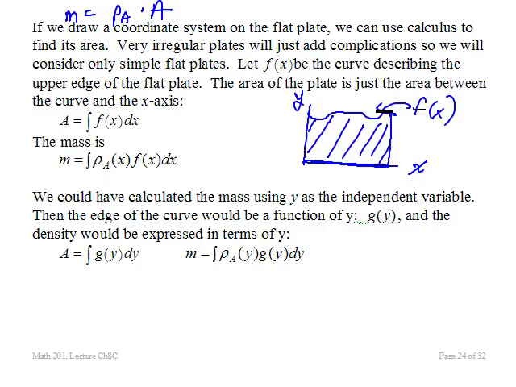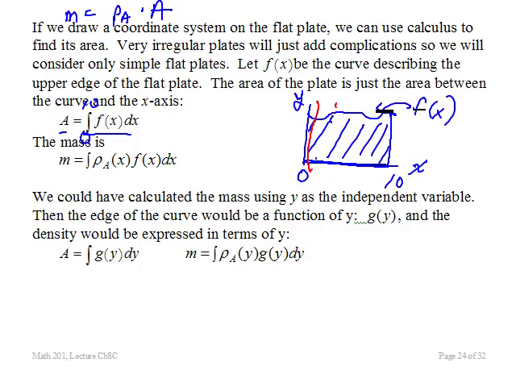However, if rho A is not constant, it's going to be a little bit different. The area is going to be the area under the curve. So that is a definite integral from, let's say, 0 to 10. The integral from 0 to 10 of f of x dx would give me the area of my plate in these dimensions. If anything's more complicated, of course, you can make adjustments easily once you see how to do the problems. If the density is constant, you would just multiply it by this area. If it's not constant, you must consider that